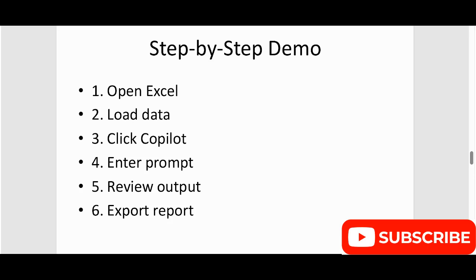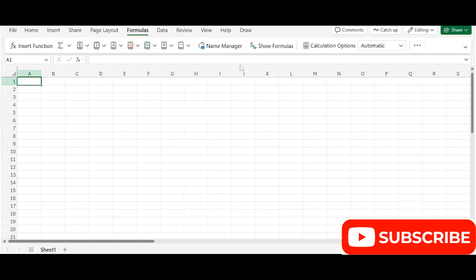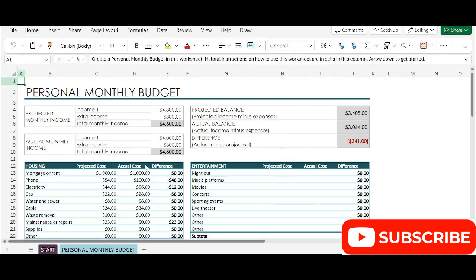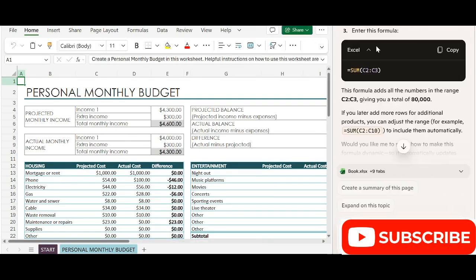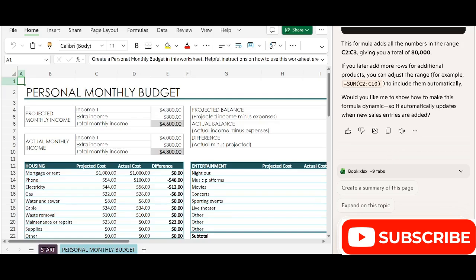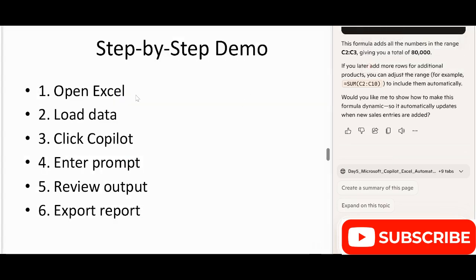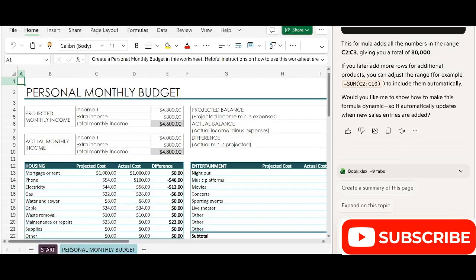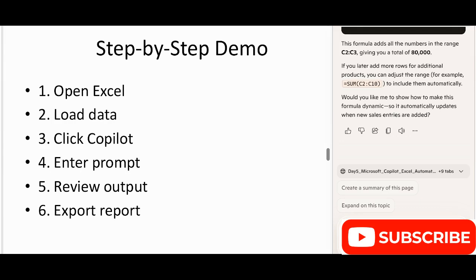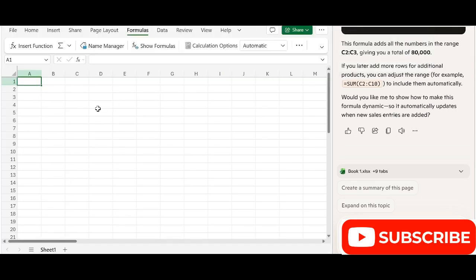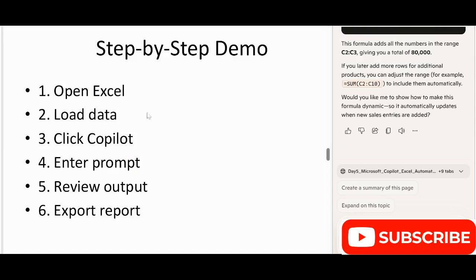First what you have to do is open Excel. Let me show you. Here, see, there is one Excel sheet opened. Here you can see the Copilot, right? So what are the steps? Open the Excel, I have to open it. And then load the data. Here the data is already loaded. And then click Copilot. I've opened it. Copilot, enter the prompt, review output, and then export the report. So what I'm writing here,